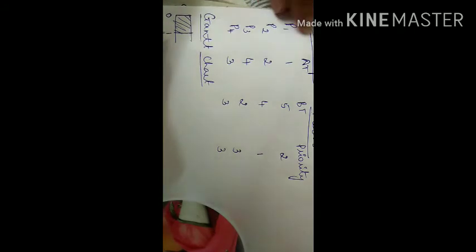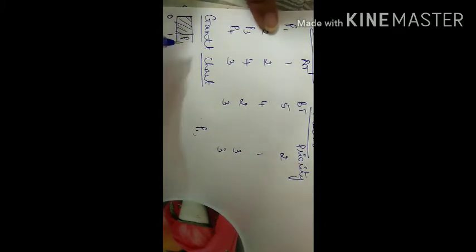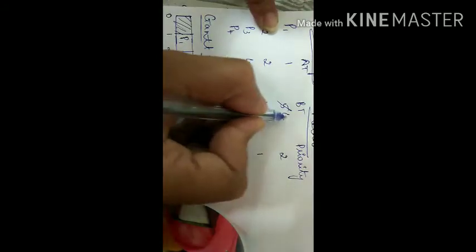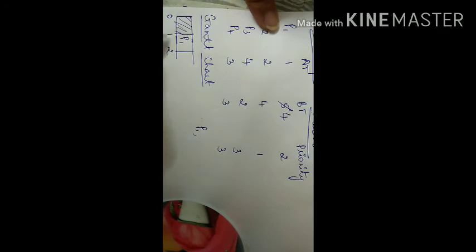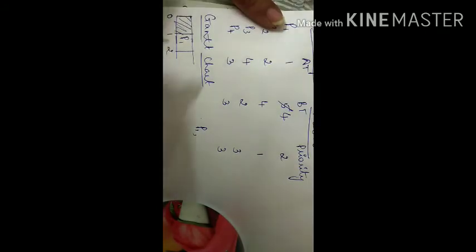At 1 millisecond, P1 is arriving, so put it in the ready queue. Okay. At 1 millisecond, P1 will be scheduled to the CPU. So it will run exactly for 1 more millisecond. 1 plus 1, 2. Okay. So this will be changed to 4 because it has already taken 1 millisecond of its burst time.